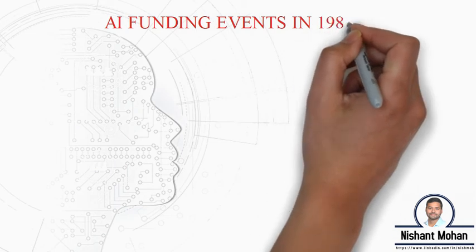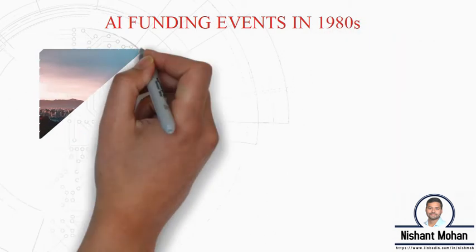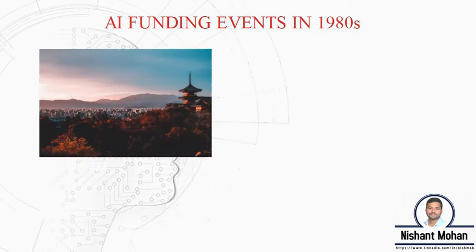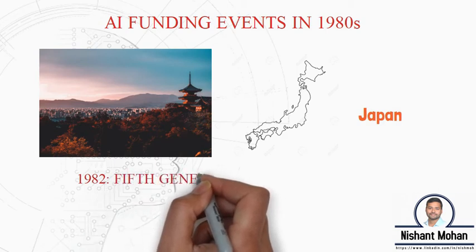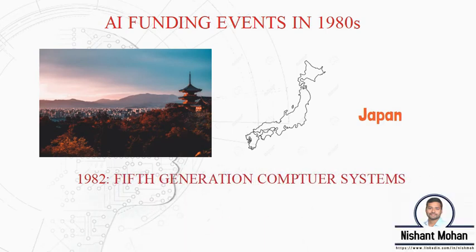Along with the excitement on the commercial side, there were important academic and funding events taking place as well. One important event was in the land of the rising sun, Japan. In 1982, Japan's Ministry of International Trade and Industry started what is called the Fifth Generation Computer System Project, with a goal of developing highly sophisticated computers with a key focus on parallel and multi-CPU architectures, as well as logic programming with an aim towards artificial intelligence.